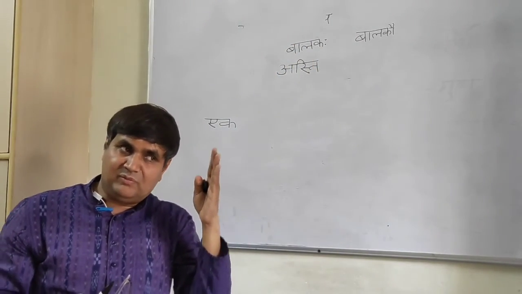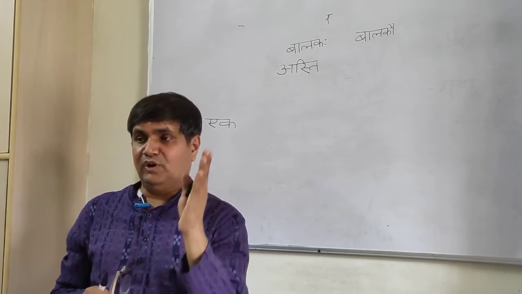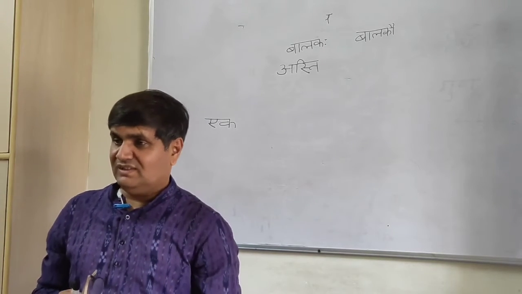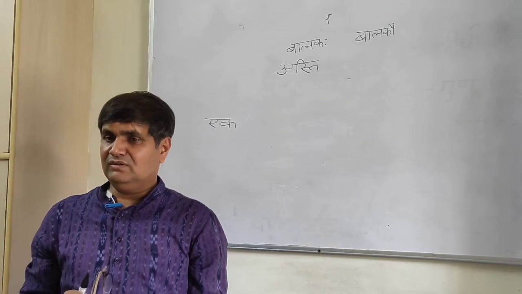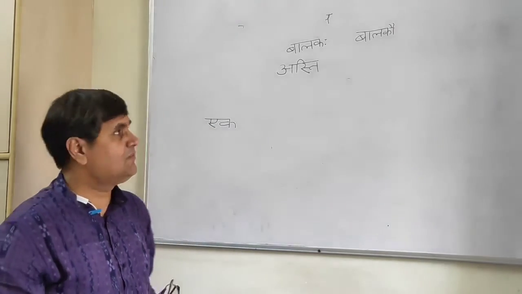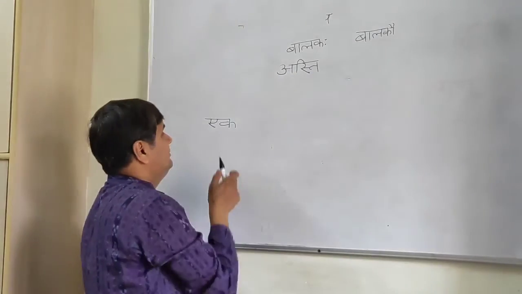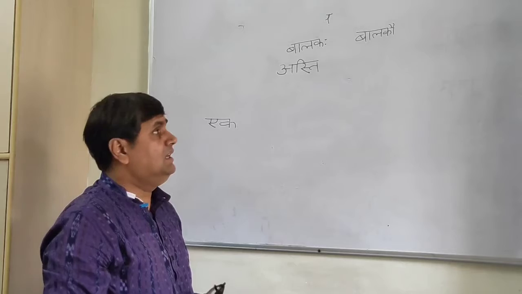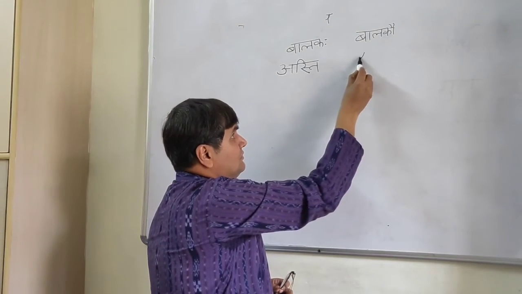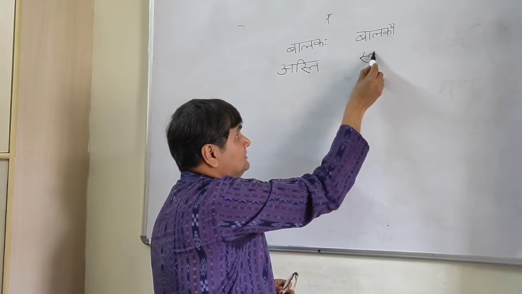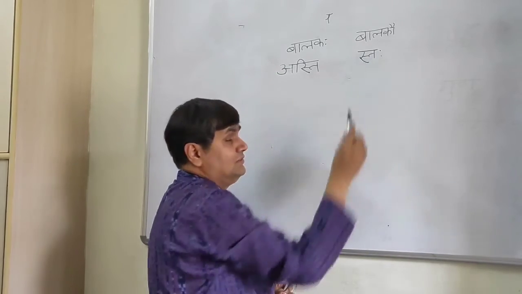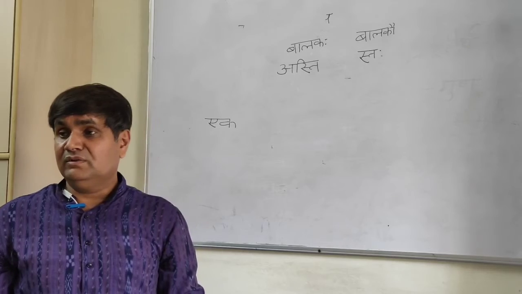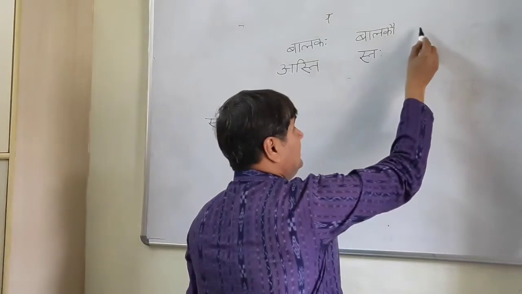So you have the boy and you have the boys. You do not have any word to refer to two boys. Two boys and three boys, all same. So balakah, balakau, ekah. Okay. Balakah asti and balakau stah. You have to be very, very careful, you know. Balakah asti and balakau stah, and then